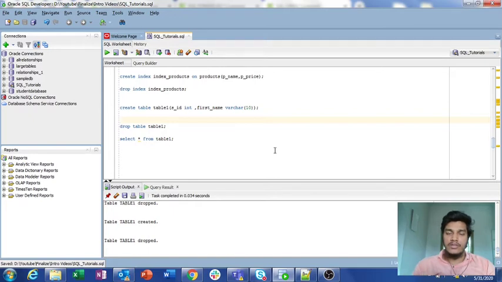So instead of checking that after inserting into a table, you can also check that particular constraint whenever we are trying to insert into a particular table or database. So how to do that type of checking while inserting data into a table, I am going to explain in this video with the help of a check constraint. So without wasting any time, let's dive into the topic.